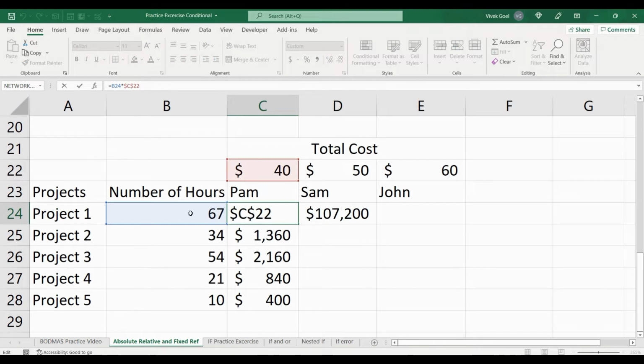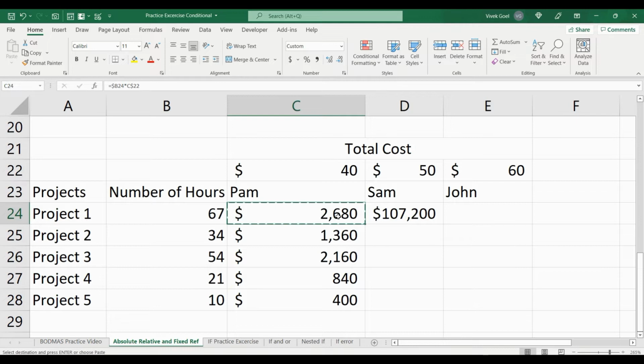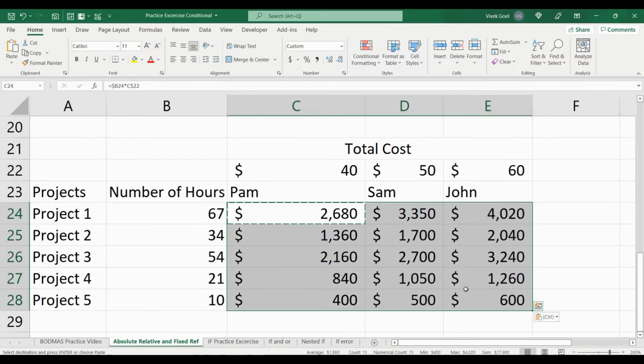For our number of hours, the column B should be fixed, but the row should change as we move down. At the same time, for our hourly rate, the row should be fixed, but the column should change when we copy our cells to the other columns. Let's do that. So we will fix our column for number of hours, and here for our hourly rate we will fix the row number. And now when we copy this formula to the other cells, we are getting the correct values.